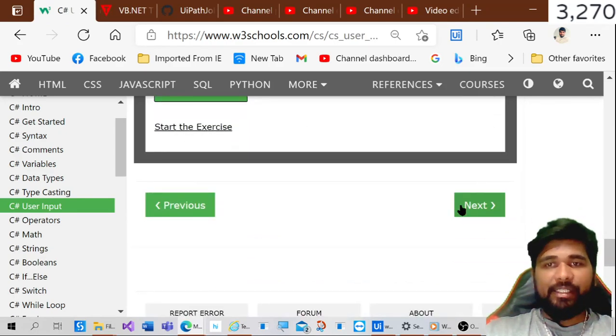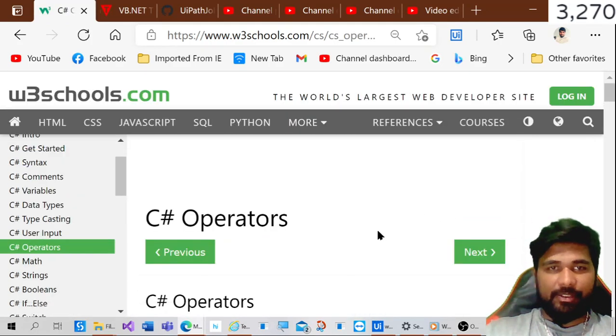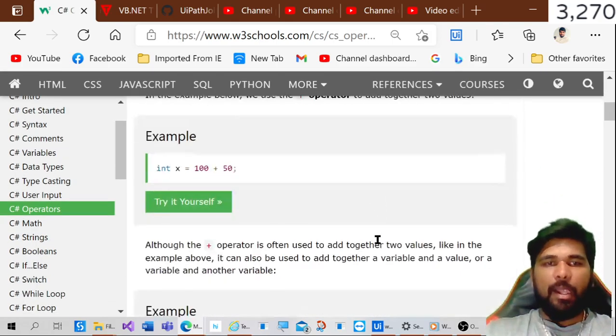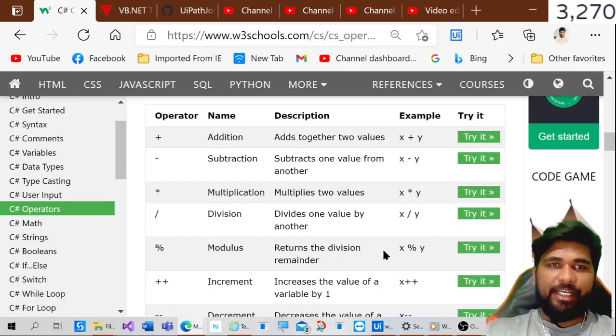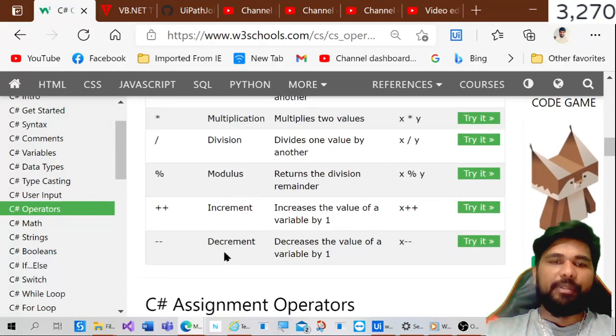Let's go and see the next one, which is operators, an important concept to cover. So clearly understand what the concepts are first, then we can go into the code. There are different operators: addition, subtraction, multiplication, division, modulus, increment and decrement.